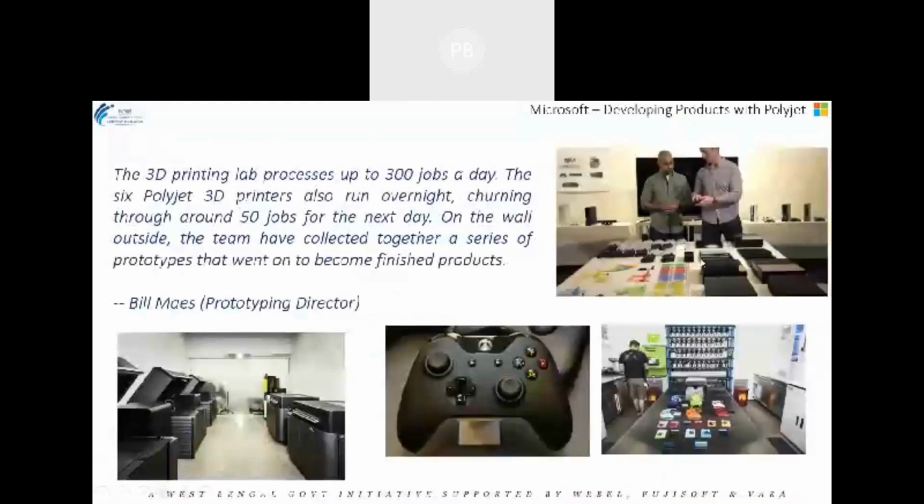This is again with the lab, where they are using a customized joystick. One of the questions that comes up is, can we do batch manufacturing in PolyJet? This is one case where batch manufacturing has been done by PolyJet. Around 50 jobs were required the next day, with customization of each joystick, each with a different color and different things. So they used PolyJet printing for their purposes, and they supplied it to the customer.